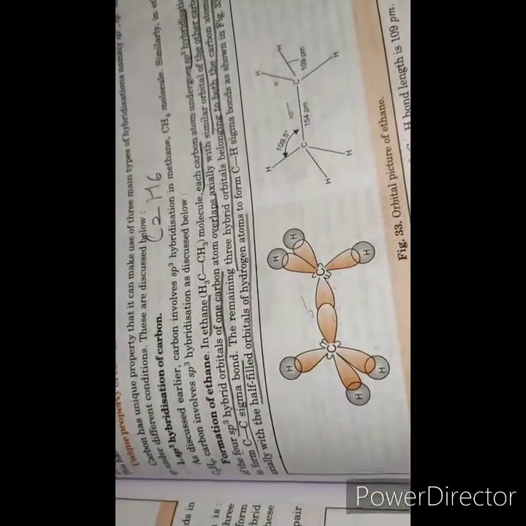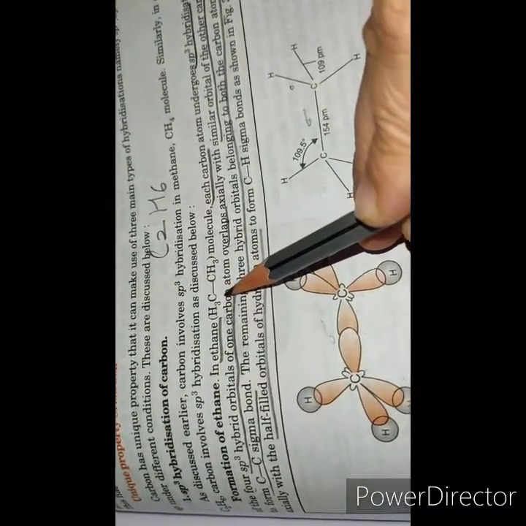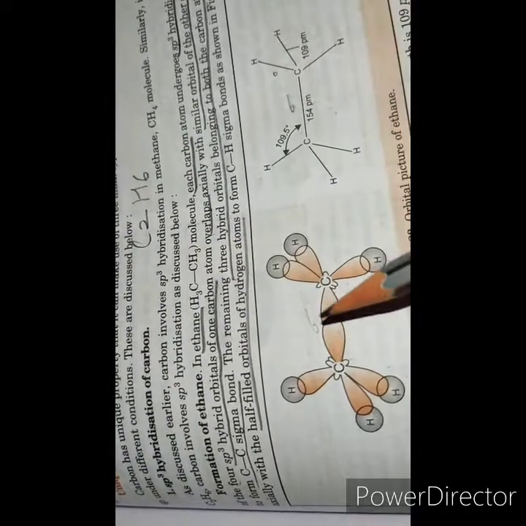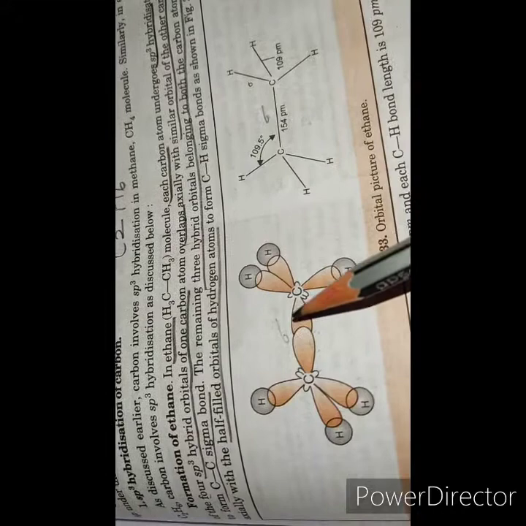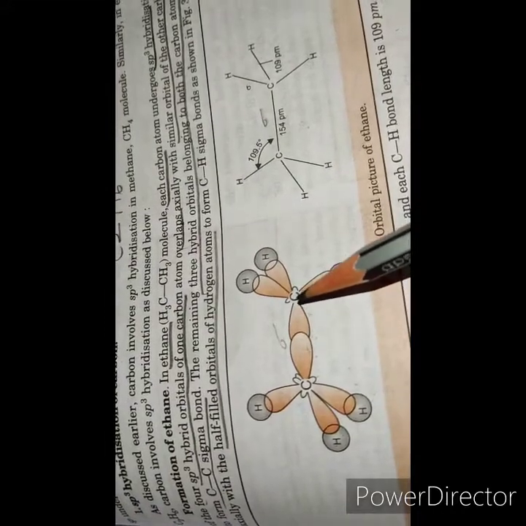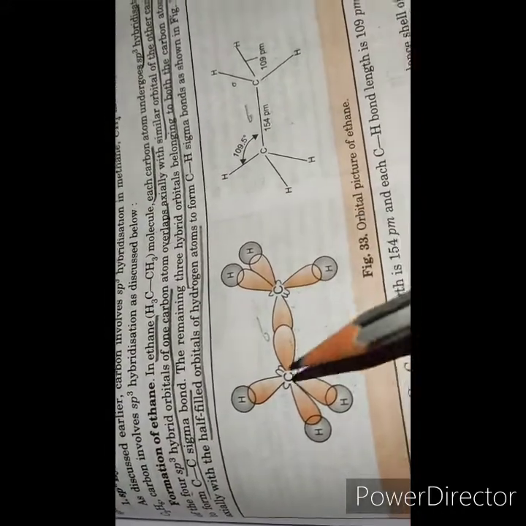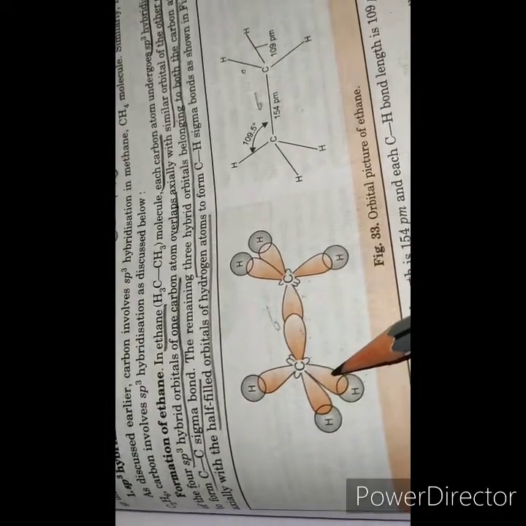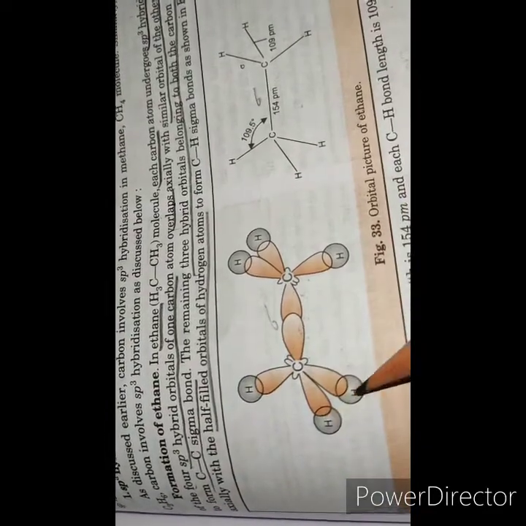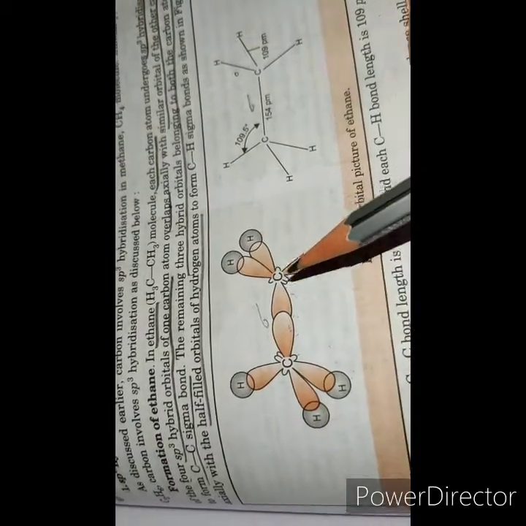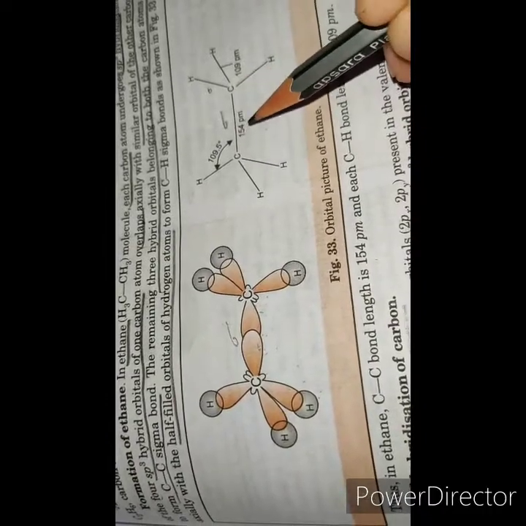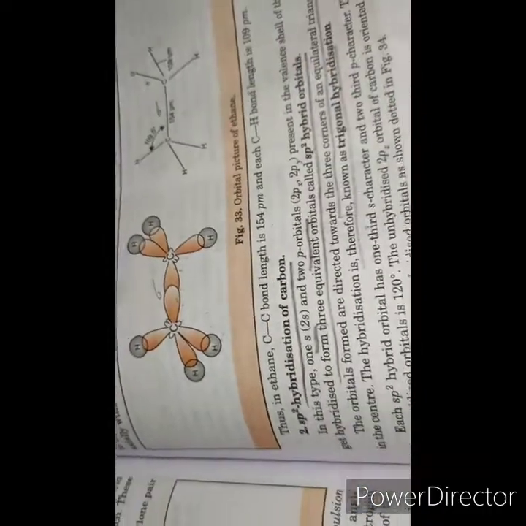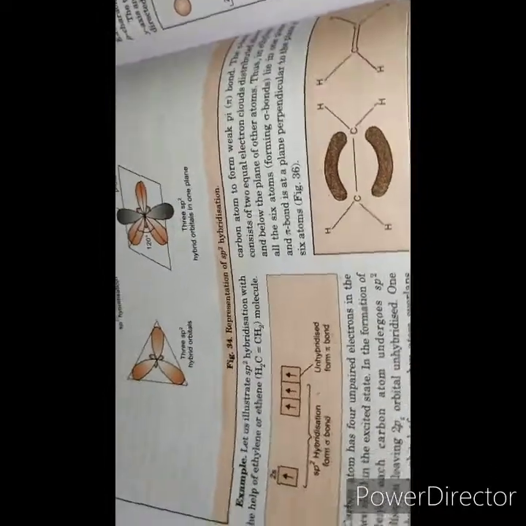Let's understand the formation of the ethane molecule. In the ethane molecule, each carbon is sp3 hybridized, right? So one of the sp3 hybrid orbitals of each carbon forms a sigma bond with the sp3 hybrid orbital of the other carbon. The remaining 3 sp3 hybrid orbitals form bonds with the 1s orbital of hydrogen. As a result, the ethane molecule is formed, in which the carbon-carbon bond length is 154 picometers. Now let's understand the formation of the ethene molecule.